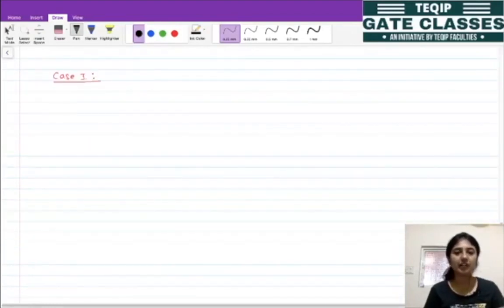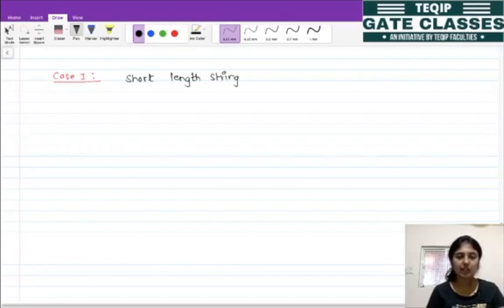The short length string. Okay, so short length string means what? So let's see, this is our character array name with size 5 and the actual string is CSE.